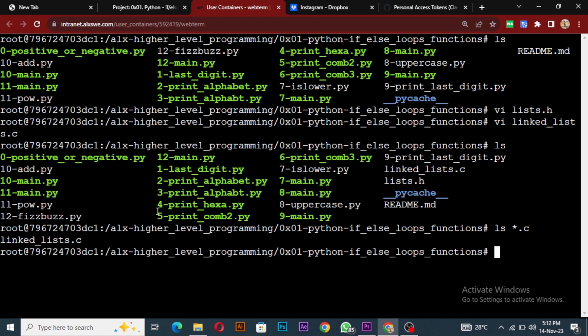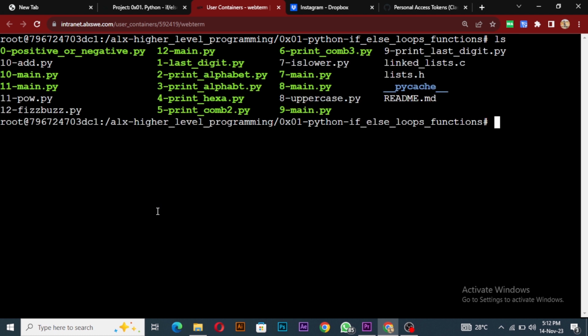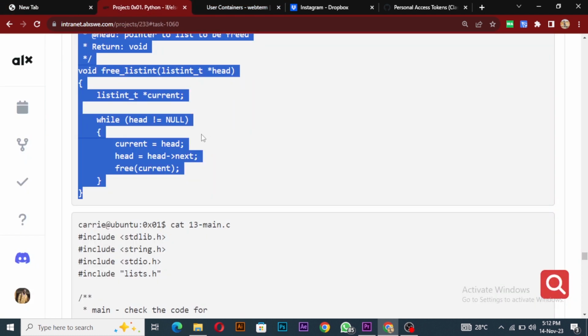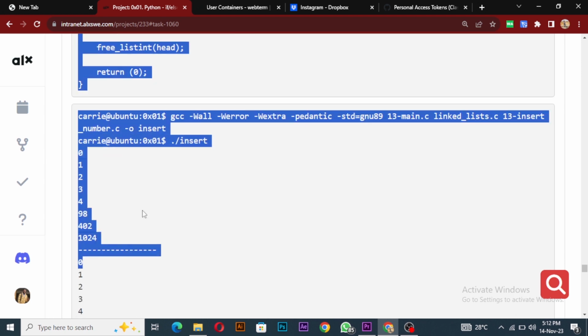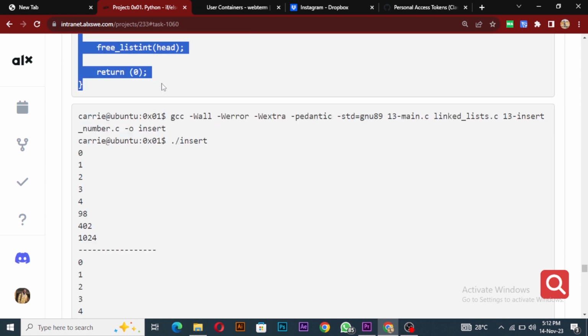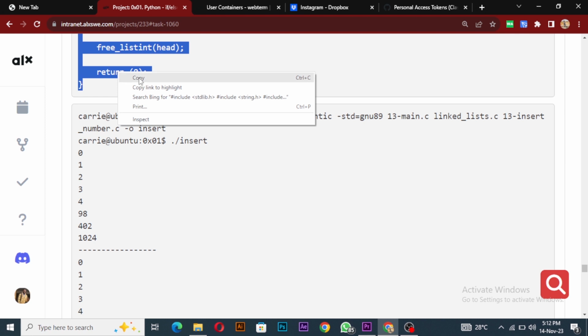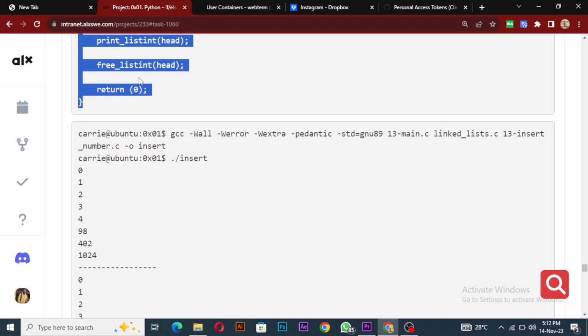So we have this. Okay, just one file, and then we have one .h as well. So that's that. The next one is we have a main file, 13main.c, and here is the file being compiled and run. So we have a main file, and if you look at it,